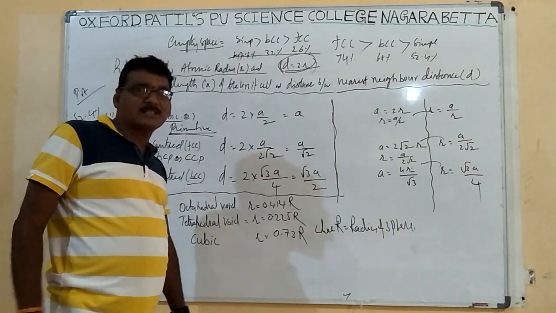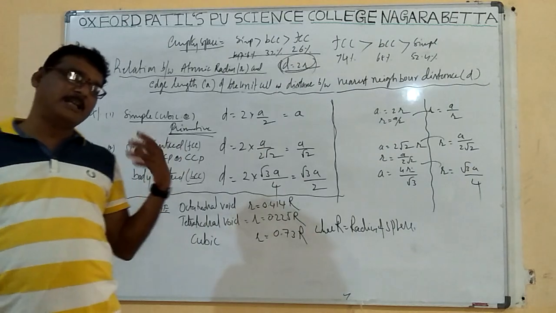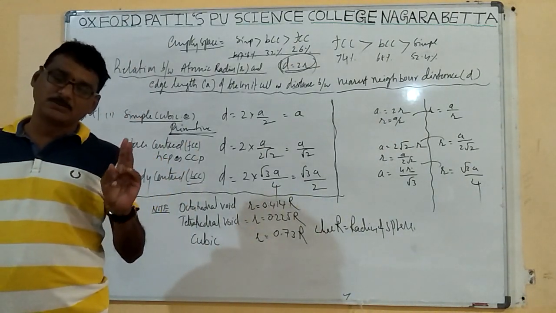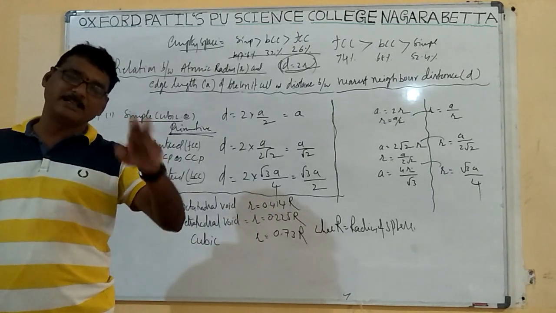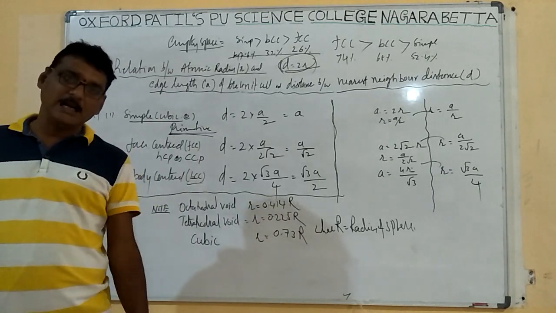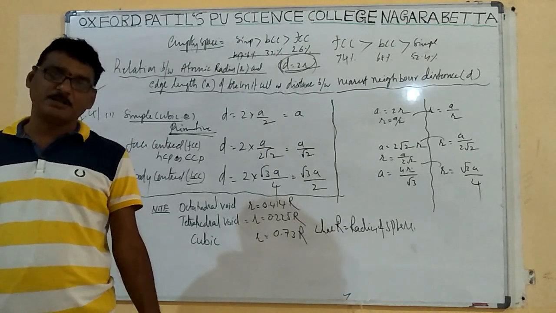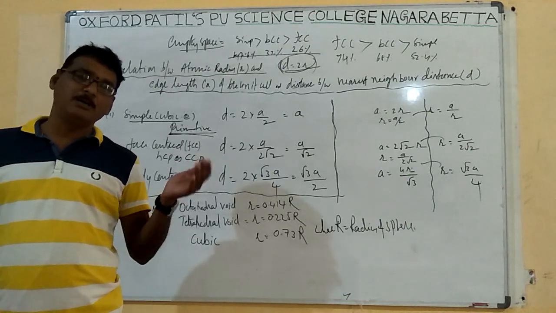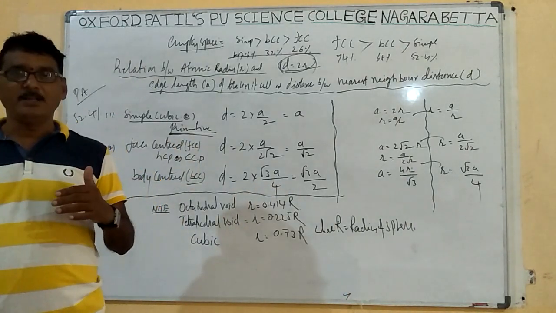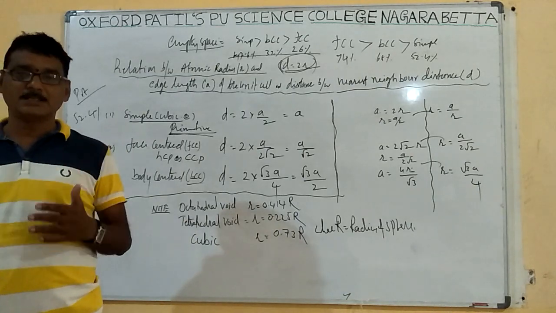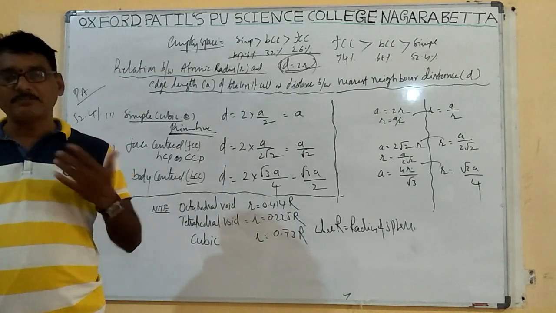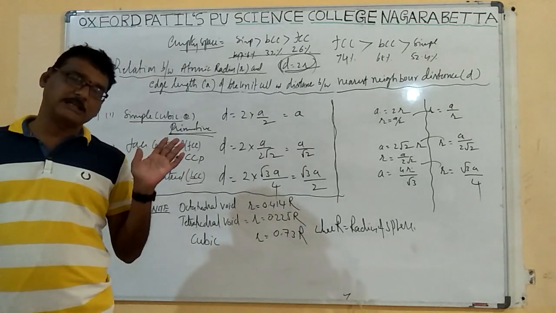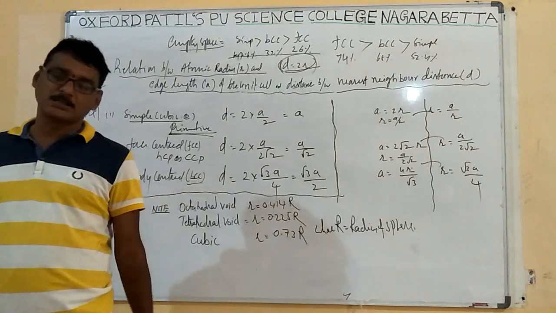Next, previously the octahedral void: octahedral void means how many spheres? 6 spheres. Tetrahedral void means how many spheres? 3 spheres covered with another sphere, that is 4 spheres. For CCP, the number of octahedral voids is 4 and tetrahedral voids is 8. For SCP, the number of octahedral voids is N and tetrahedral voids is 2N, and 3N in total. Before class we already did problems based on voids.